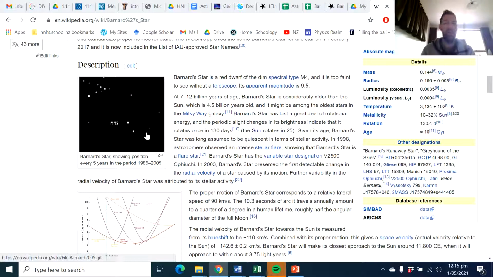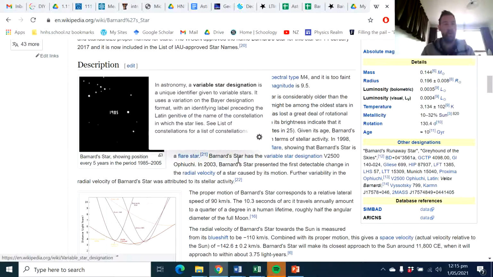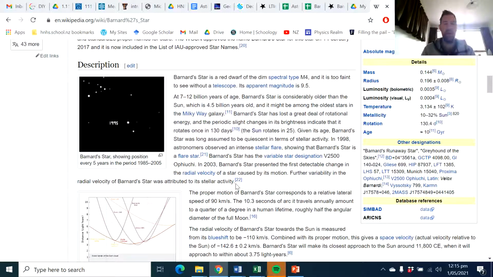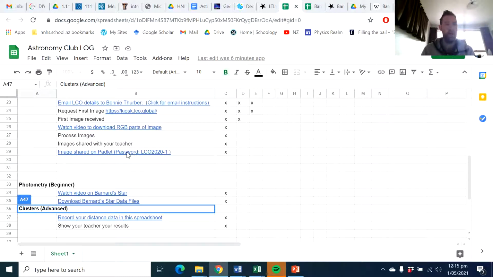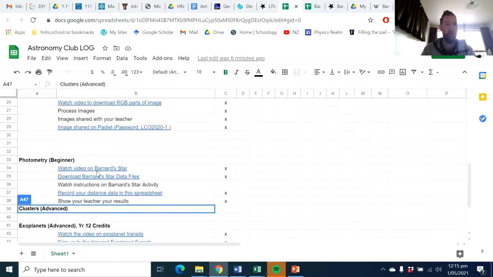So we're going to look at a bunch of images and see if we can get a calculation for how fast it's moving. This will take a good hour of time, but it's a good collaboration exercise. All right, so the first thing you need to do is watch the video, then you need to